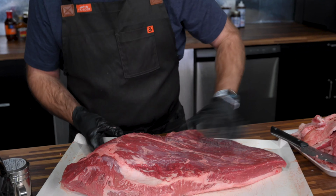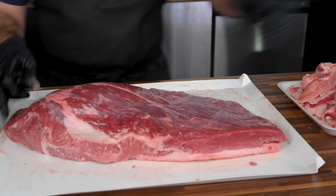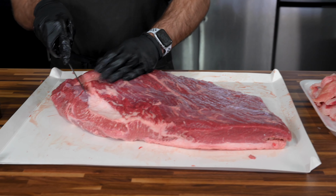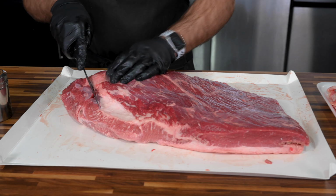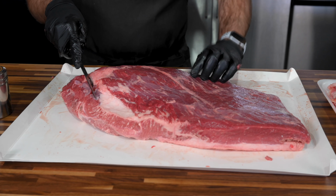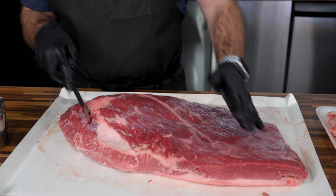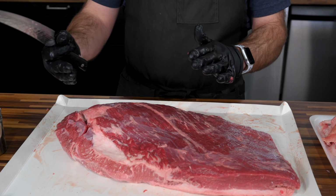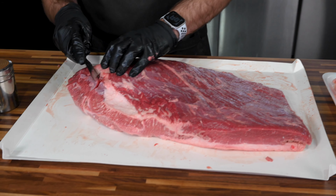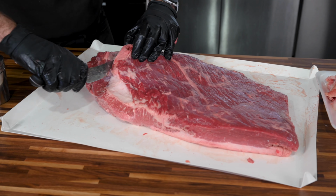Now we're going to flip it over, and this is probably the most difficult and intimidating part of this trim. What you're wanting to do, I always say, is err on the side of cutting into the point, because you want to maintain your flat, because that's the best part of the brisket in my opinion. And this is much leaner than the point, and so if you cut into that, you really want to ensure that you leave the fat on the back of the flat to keep the moisture in the leaner part of the muscle. So what I'm going to do is I'm just trying to keep my knife